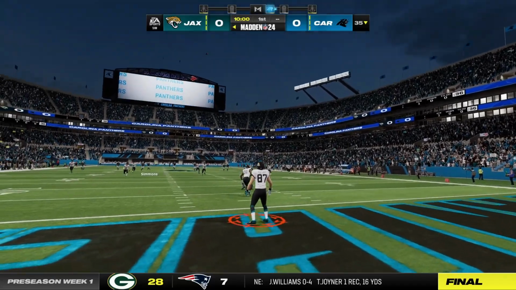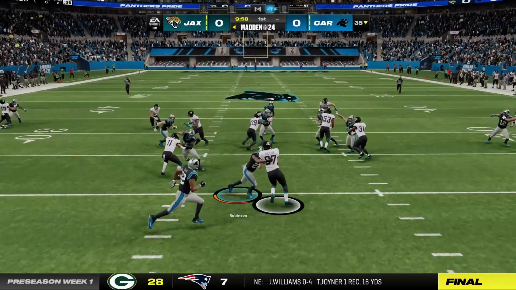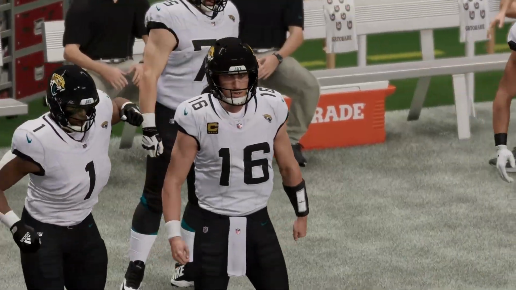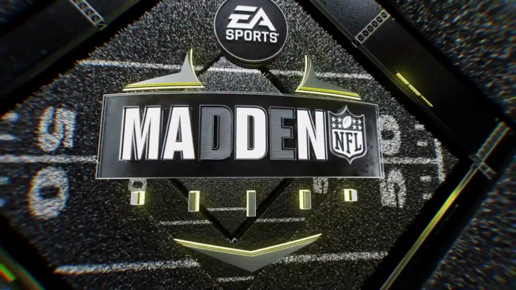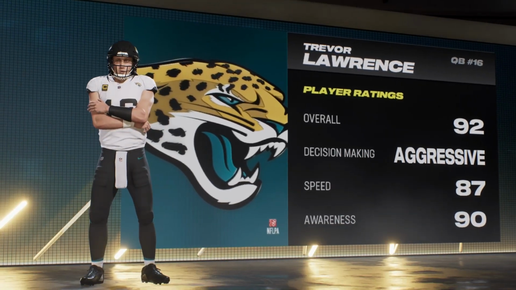Butker kicking this one back deep to Fletcher, who will field it out of the end zone. He's running up the middle, tackled down by Robinson and whoever number 32 is. And here comes Trevor Lawrence. Of course, he went to school not too far from here, down at Clemson, just a couple hours